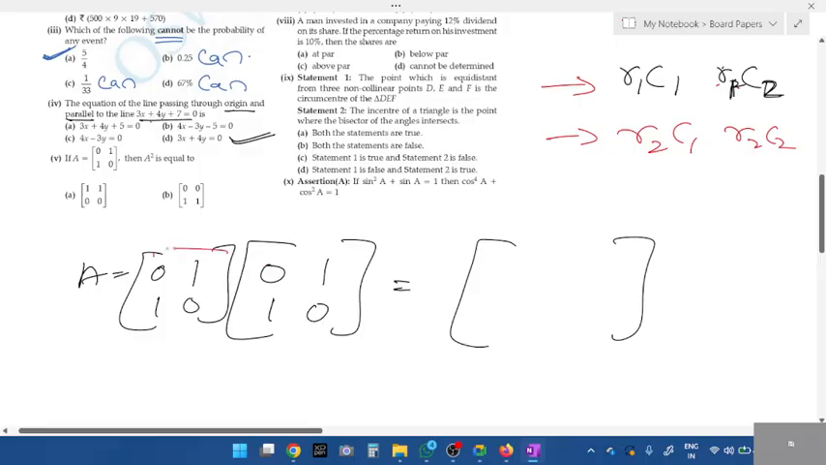Which one do I have to multiply, students? Take these two. What is 0 into 0? 0 plus 1. What about the next one? First row, which column? First row, second column. What do you get? 0 into 1 is 0 plus